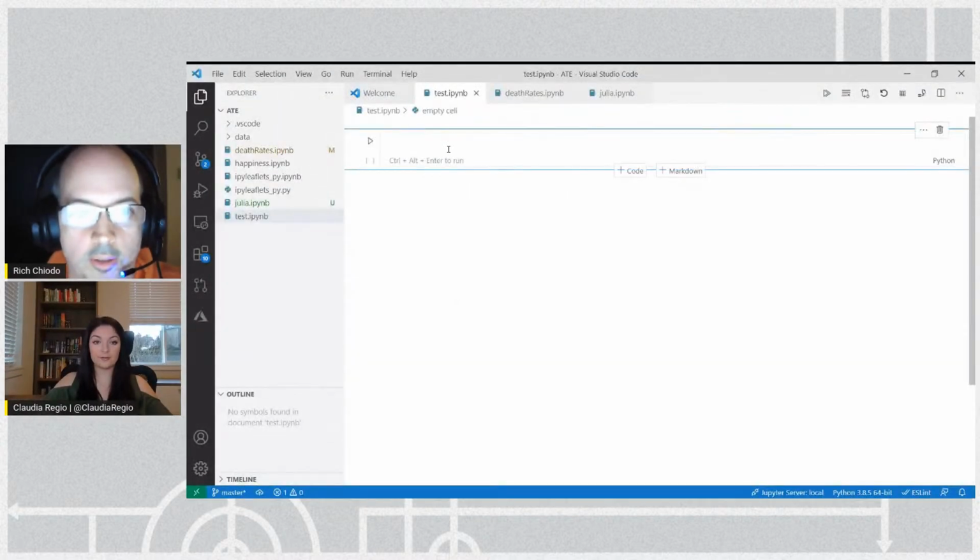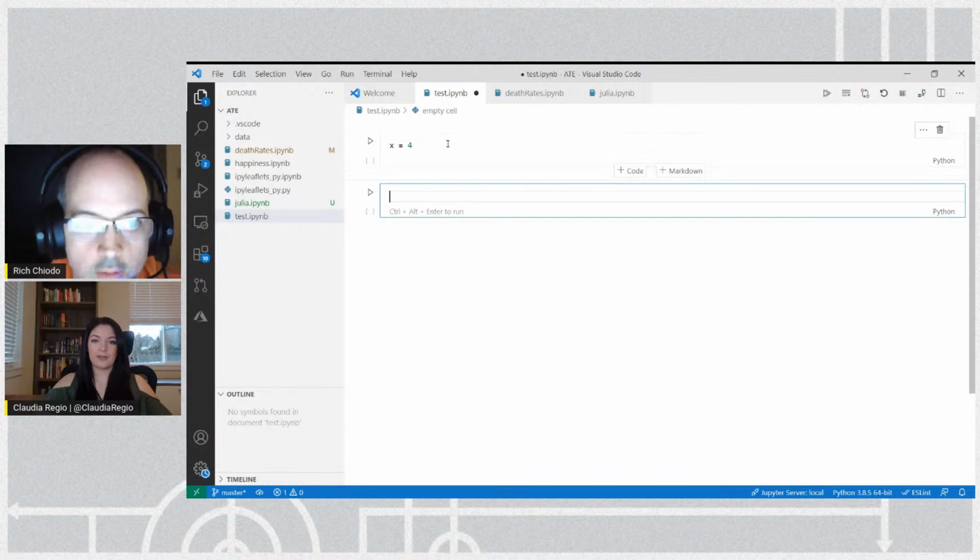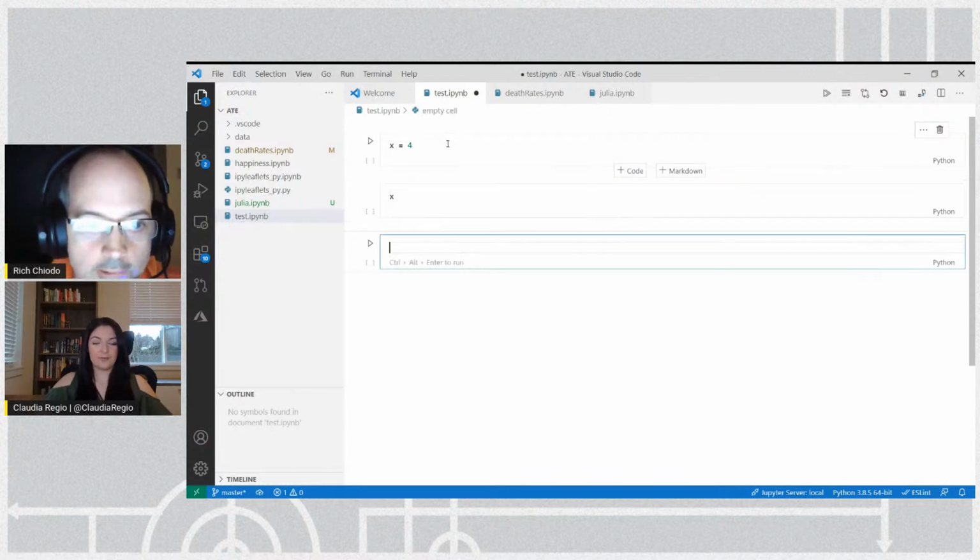Do you want to talk about what Jupyter is, what Jupyter Notebooks in VS Code are? Yeah, a Jupyter Notebook is an interactive programming and computational document, and it supports mixing executable code, equations, visualizations, and narrative text. If we share screen, we can see a notebook in VS Code. Rich has open the input part of a cell, and he writes something like x equals 4. He can run this cell, and then run the value of x next,